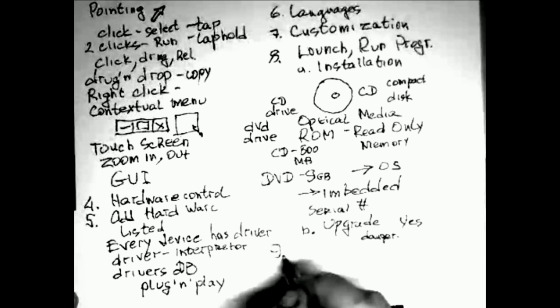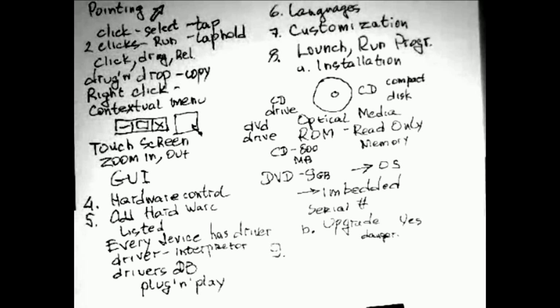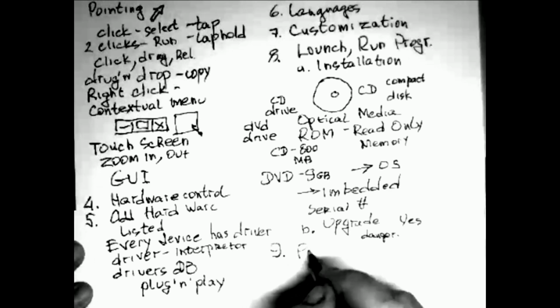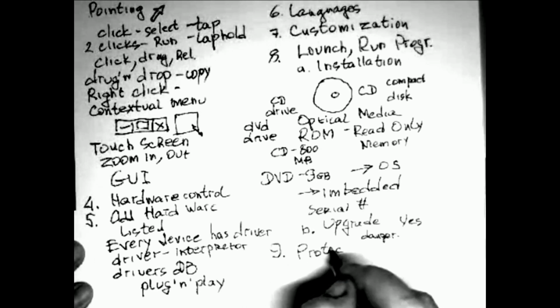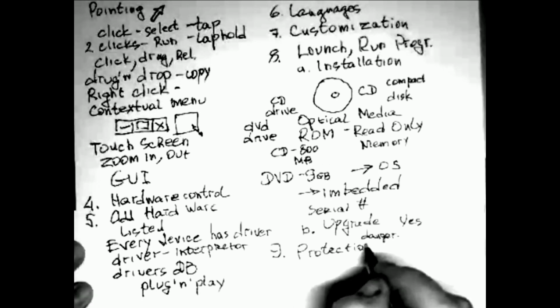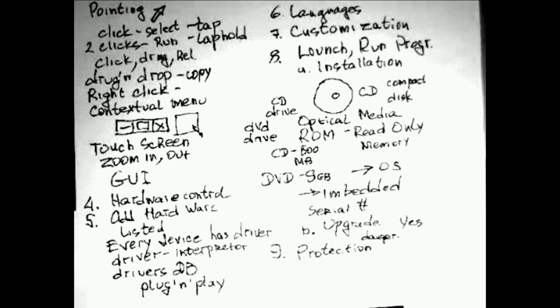Point 9, folks. Point 9, and in this case, we will finish our today's lecture. That is protection. Protection. What is protection from what? Folks, there are a lot of dangerous programs that were actually created deliberately to steal your money, to break your identity on the computer, or to destroy your computer. So they call it